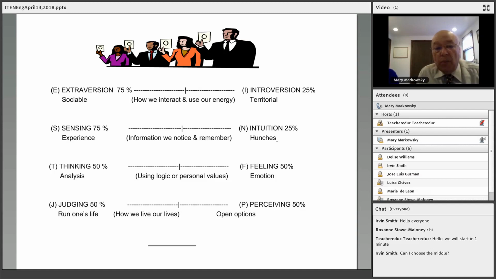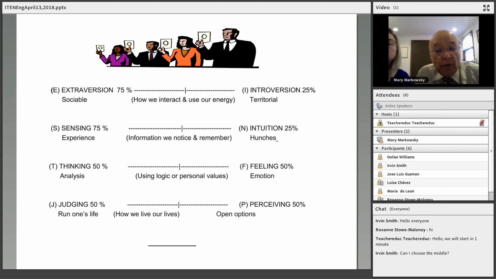Okay, now this is what we do. In this exercise, you go to the top. If you are an extrovert, you bring that E to the line at the bottom at the beginning. If you came out an introvert, you bring that I down to the bottom. Then you go to the second line. If you're a sensor, you bring that S next to your second letter. If you are intuitive, you bring that N and you bring it to the second space down there.